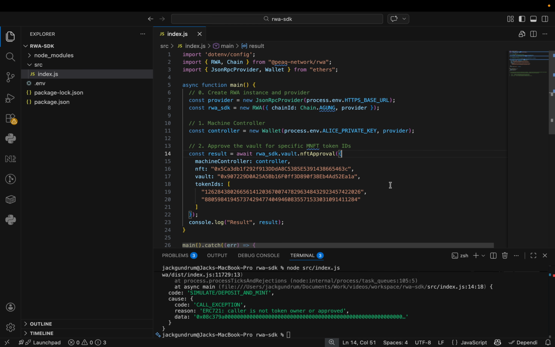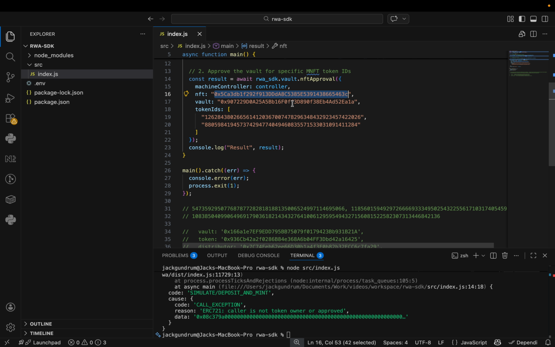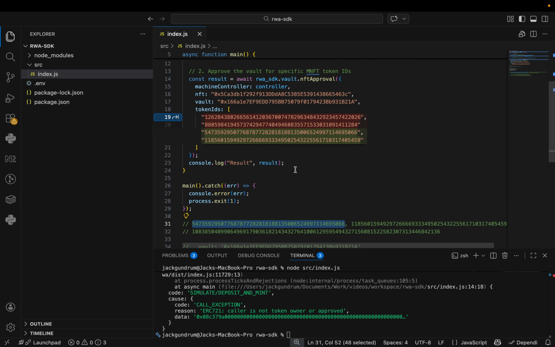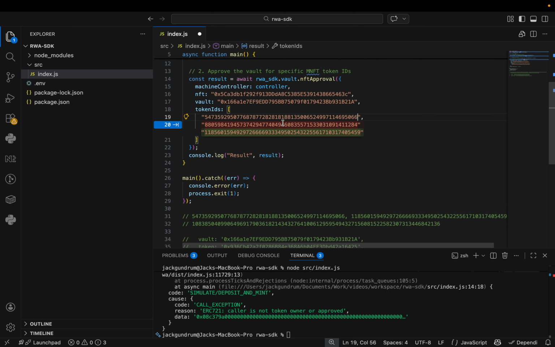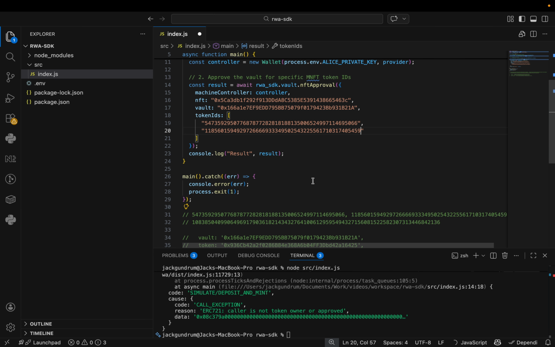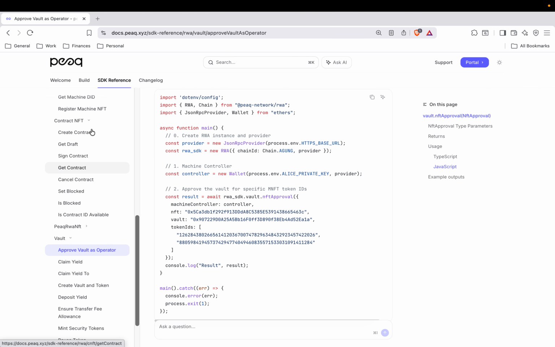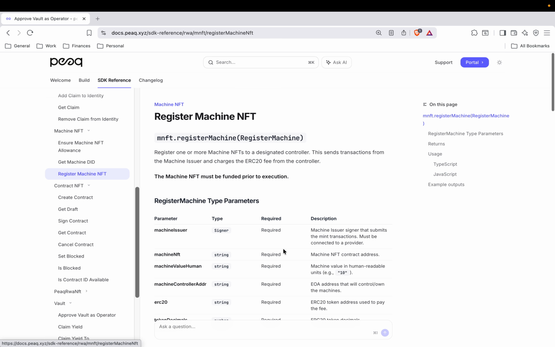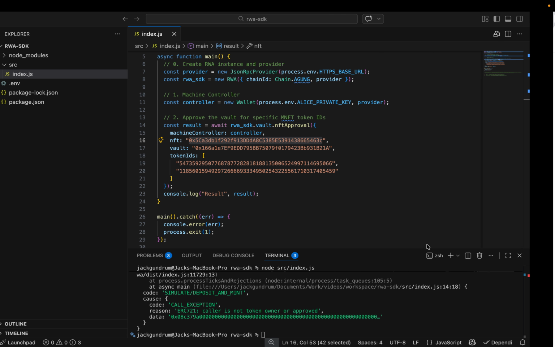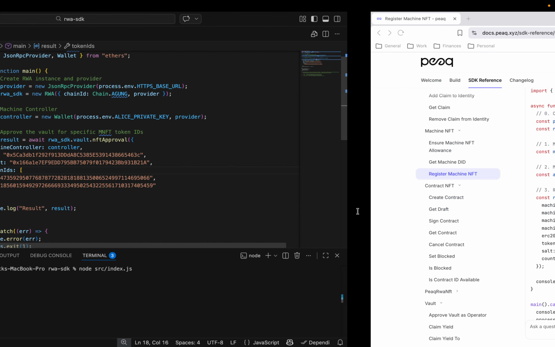Okay, so this approves the NFTs to be able to spend. So first is that machine NFT that we need to do. So we need to update the vault here, and then with the corresponding token IDs here and here, and I believe that's the NFT one. I just want to make sure. Yep. Okay, so this is gonna fix that first error we saw, and then we would also need to do